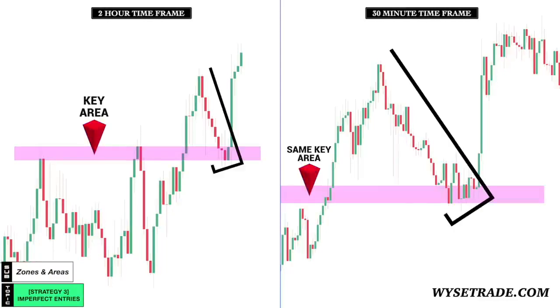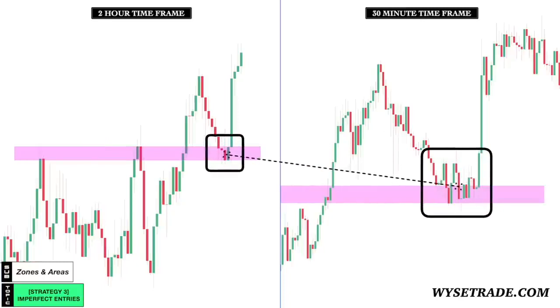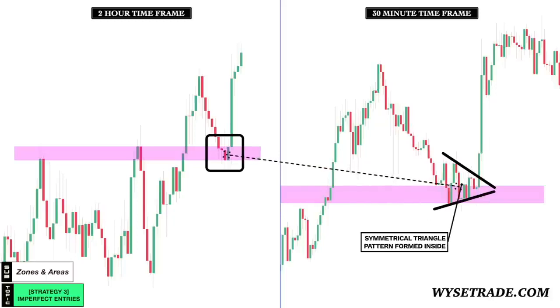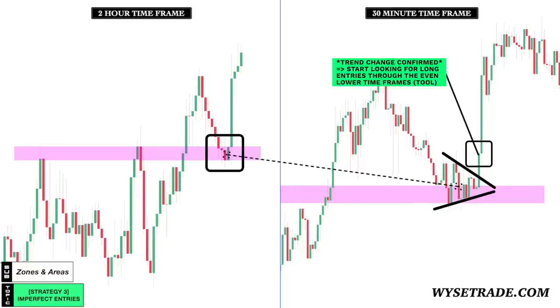Same key level, same downtrend. This area here is this same area here. So inside of the candlesticks, you had a perfect symmetrical triangle form, and once price breaks above with bullish momentum, the trend change is confirmed and is when you would start looking for long trade entries through the even lower intraday timeframes. So next,